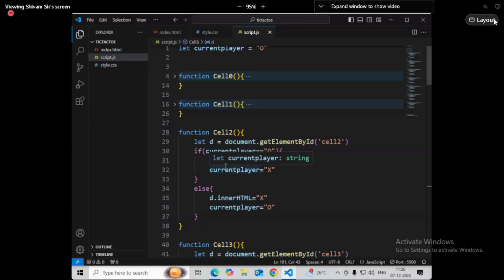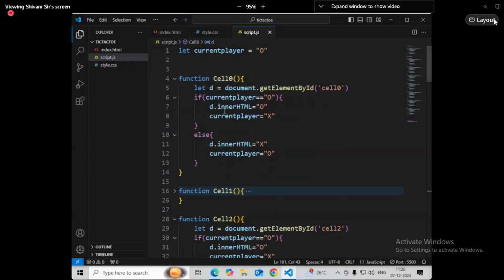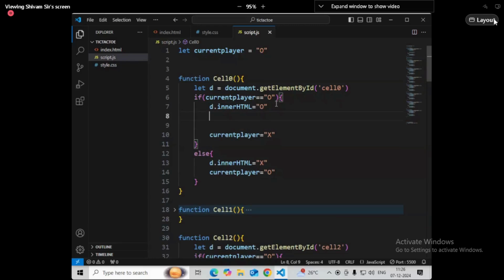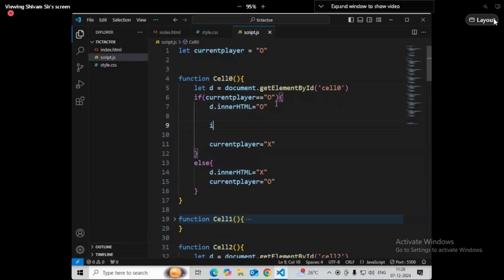So what I will do is, for the first cell, I will tell you how we will reuse functions. At first I will write very long code, and at last I'll change it to very short code. So here I am writing the value. Technically, if someone is winning, it will win here only for the first cell. So after this, current player I will change later. What I will do is write one condition, that if, and two brackets I will keep, if